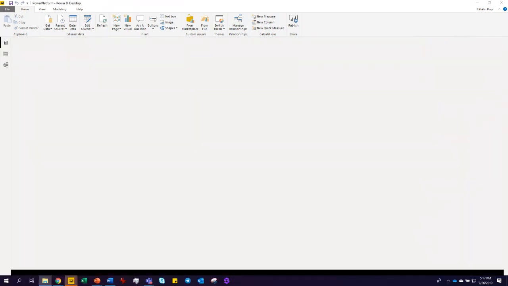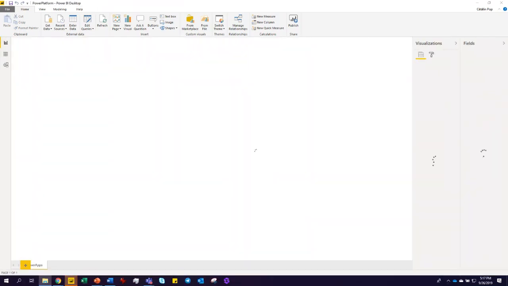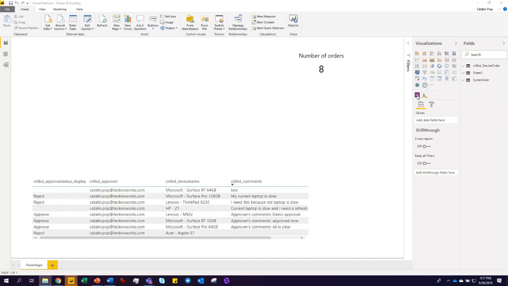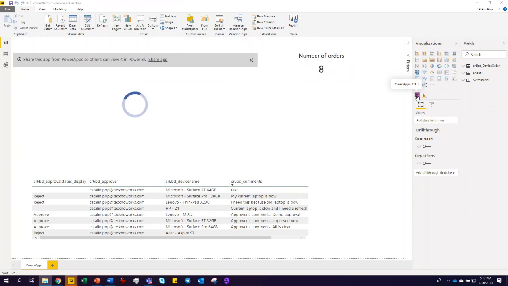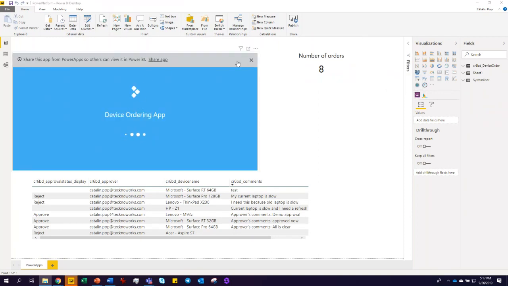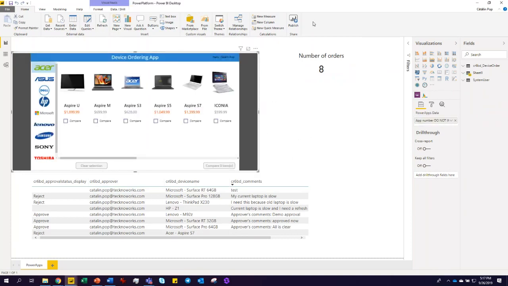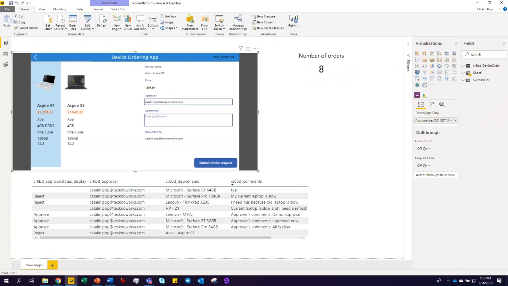And this is something that I showcased in the previous webinar. It's a matter of just adding the Power Apps control here that you see on the right hand side where I'm hovering, and it will automatically load within Power BI. So you can now have embedded content from Power Apps directly here in Power BI, and it works seamlessly. Okay, so moving forward,